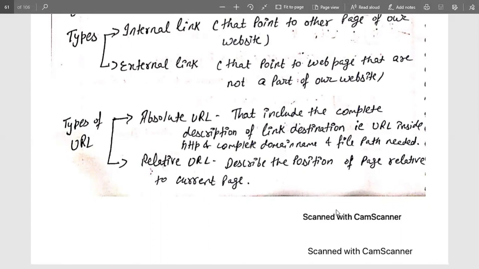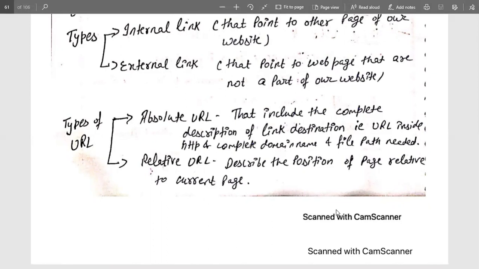For example, let us take the staircase example. Let us suppose I am at the 10th stair and I want to reach the 15th stair. My current position is the 10th stair and I want to move to the 15th one, so I need 5 more steps to move and then I'll reach the destination. So that is the relative position.